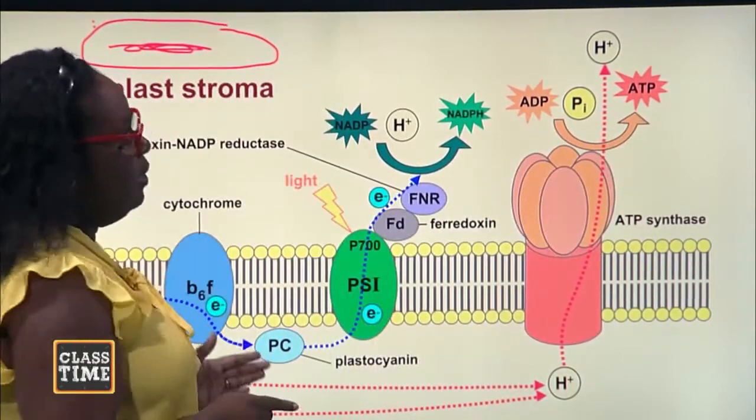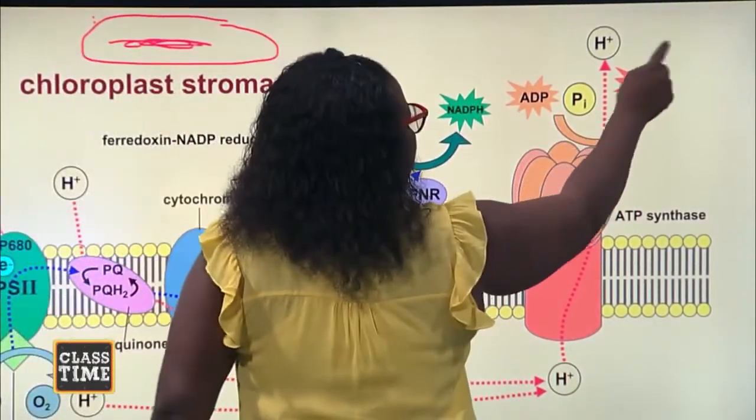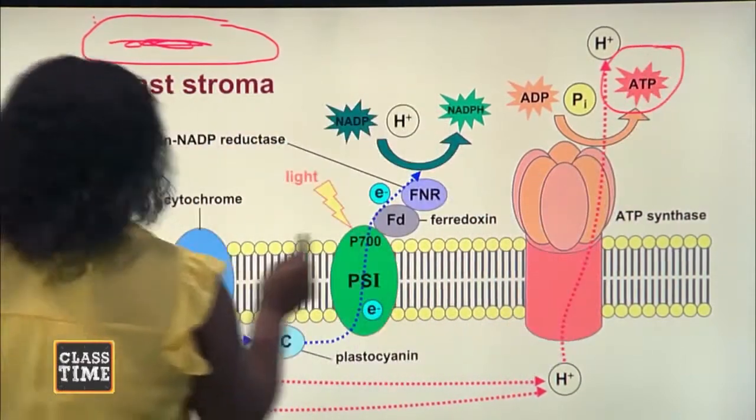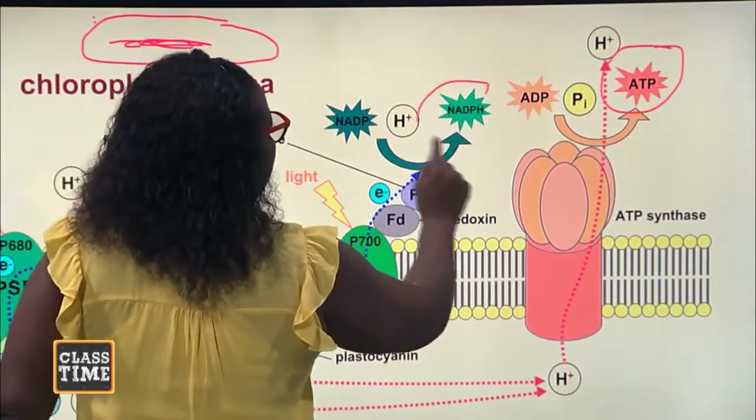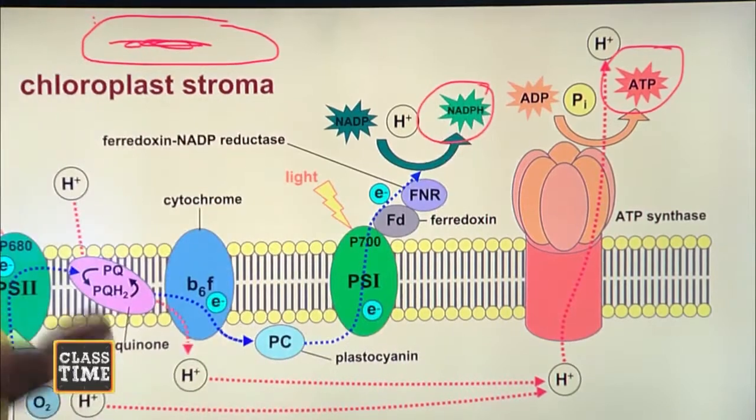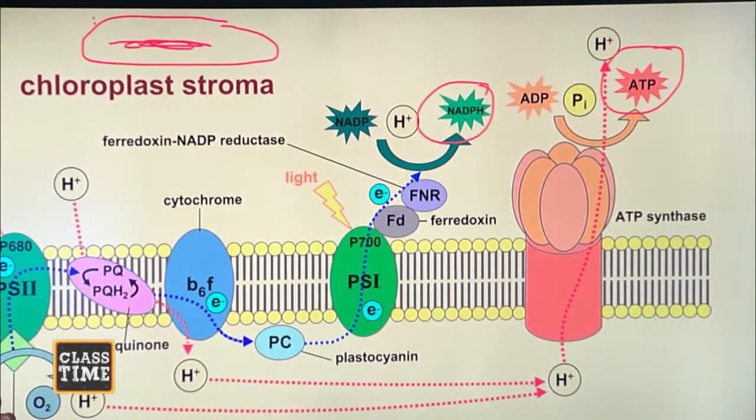And if you remember clearly, these are the two important substances that are made by the light-dependent stage of photosynthesis,